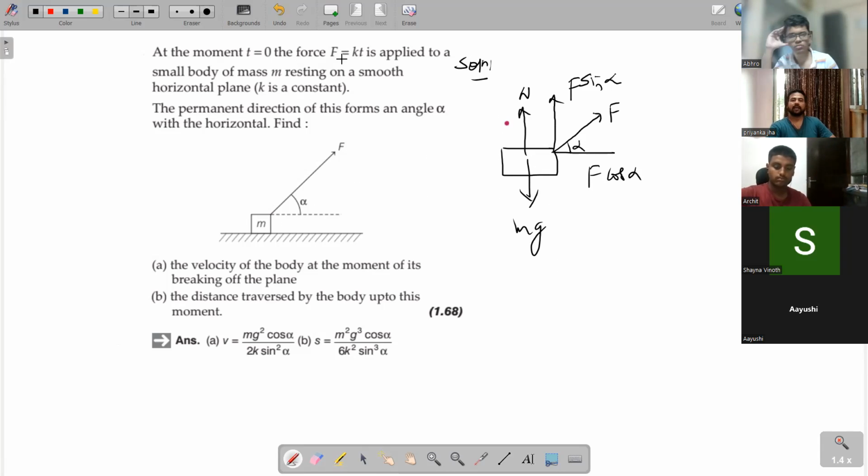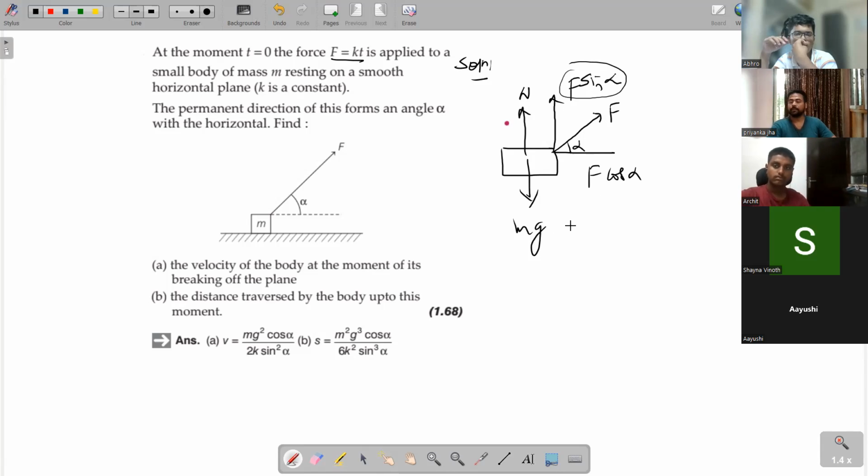Now you can see that this F is a function of time. So with time, this F will keep on increasing, so this component will also keep on increasing. So after some time, this force will be bigger than